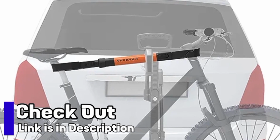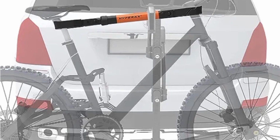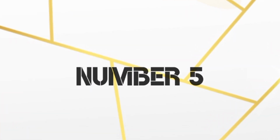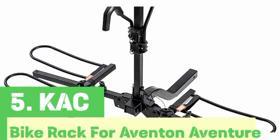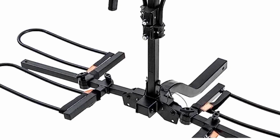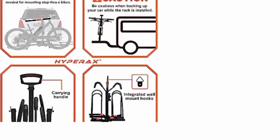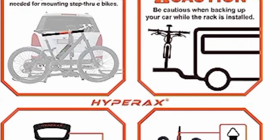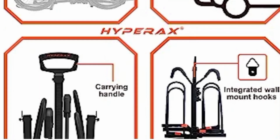This accessory is a must-have for Aventon Aventure enthusiasts seeking a convenient and adaptable solution for transporting their beloved bike. Number 5. KAC bike rack for Aventon Aventure. The KAC bike rack is a standout choice for Aventon Aventure owners seeking a high-quality and dependable bike transport solution. Crafted with precision and durability in mind, this rack provides a secure and stable platform for your Aventon Aventure during